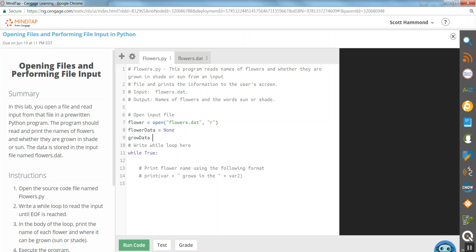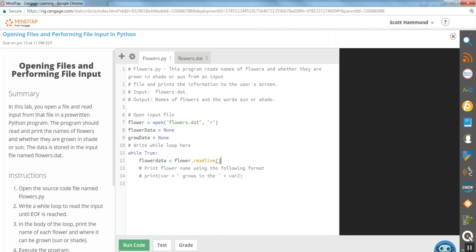I'll call that None as well. So let's say flower data will be equivalent to flower dot readline. So I'm going to read in a line,